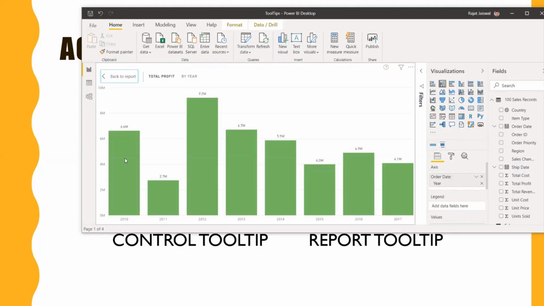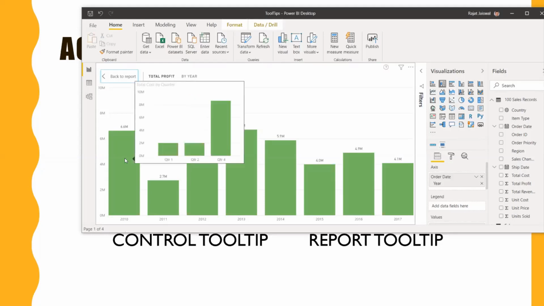So okay, when you hover over it, it will show, okay, in 2010 quarter 1 this much, quarter 2 this much, and quarter 4 this much. So total cost again divided by four, which you can say quarter 1, quarter 2, quarter 3, quarter 4. Quarter 3 data would not be available, so that's why it's showing quarter 4.